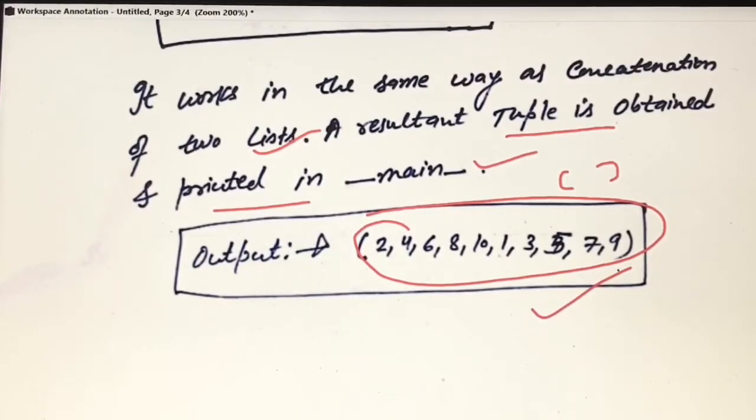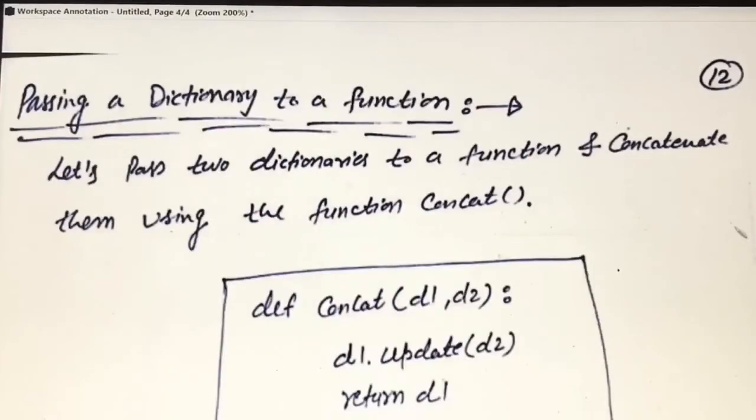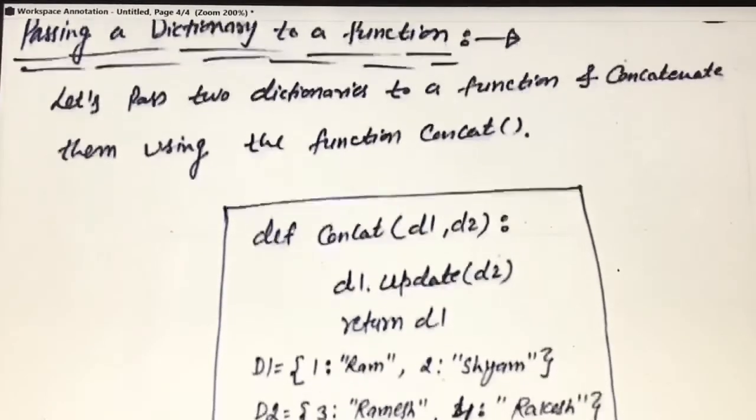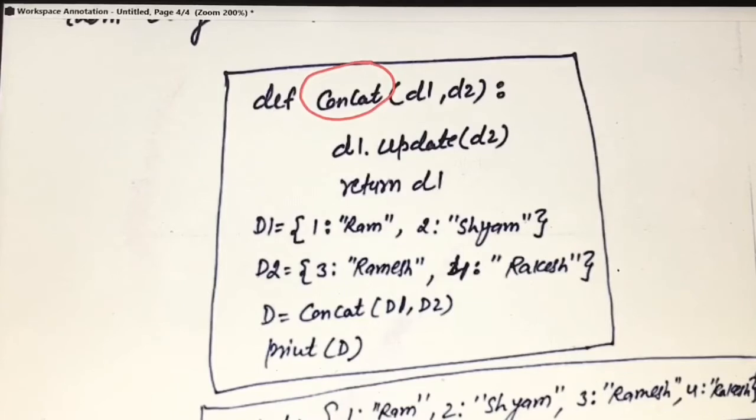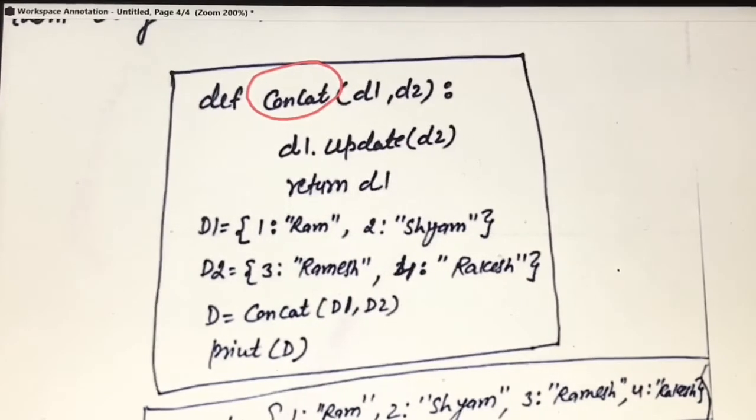Now let's move to the dictionary. So let's take the same, similar type of example. To the dictionary we pass and we take the same concat function. It is taking two arguments now, but in this case the scenario is somewhat different, because the plus operator is not defined on dictionary. It is not a concatenation of two dictionaries. We cannot use the plus operator to concatenate two dictionaries.